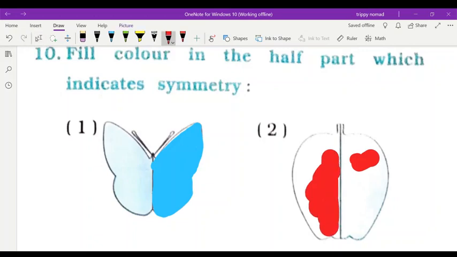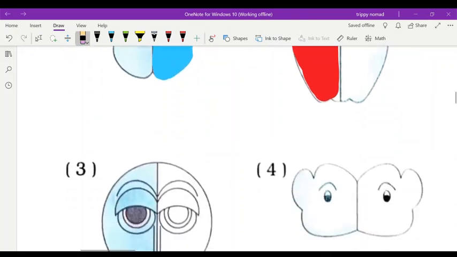This one I am going to. Okay, so you will leave this one. Okay, understood? Same way, only the half part. Here I have done, already they have done half part and you have to do the other half. Okay, now next question.